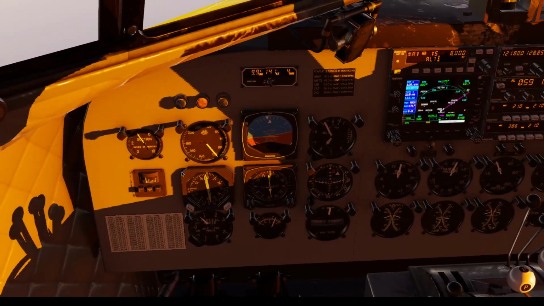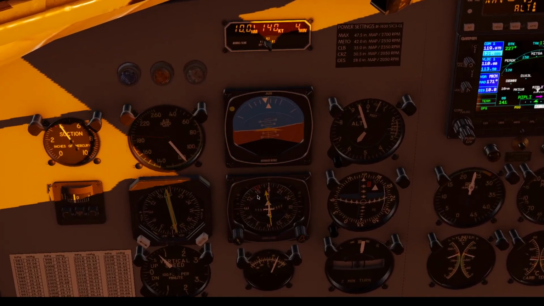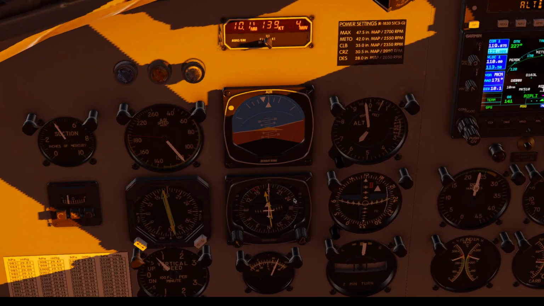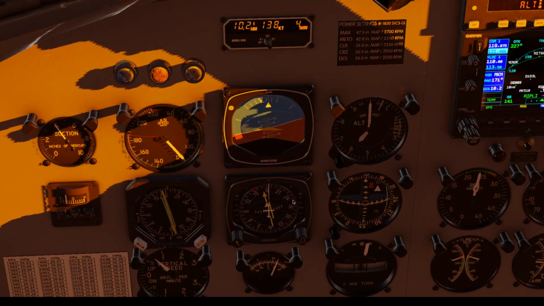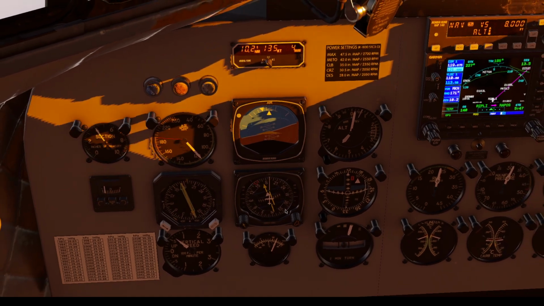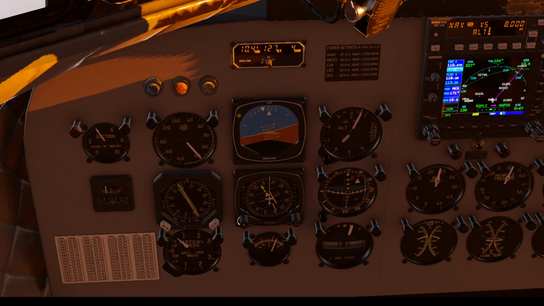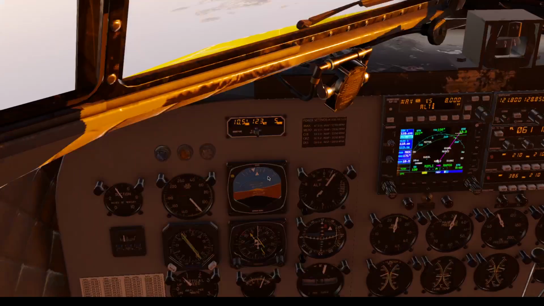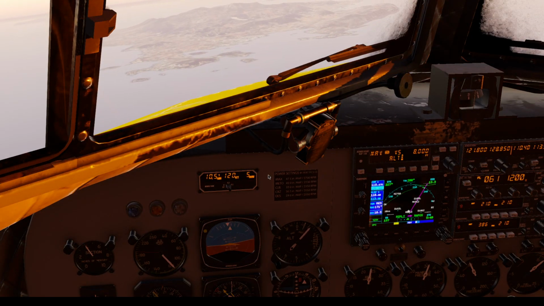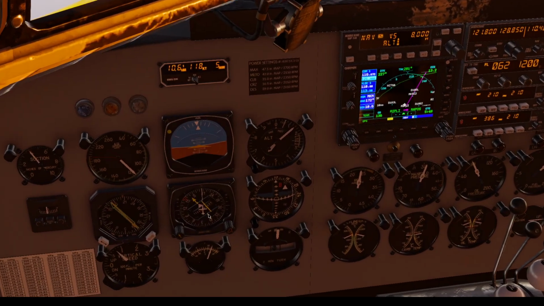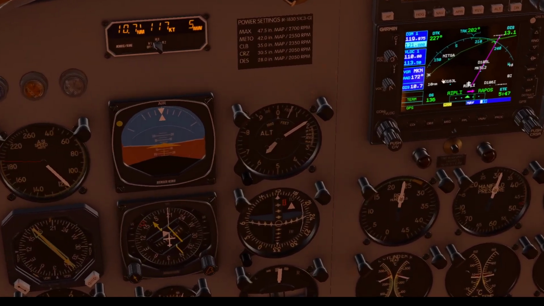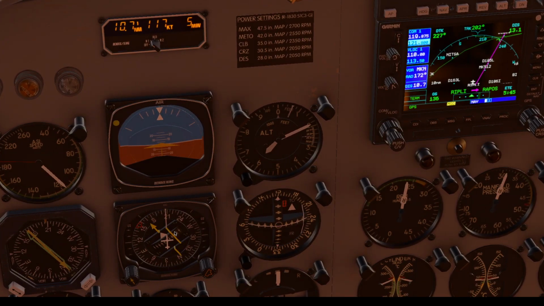Let's see what happens if we don't turn, if we do not set the HSI in the correct direction. Well, the aircraft will try, because as you see there's a right deviation, to turn right up to a point,